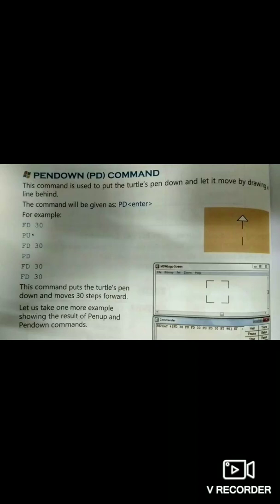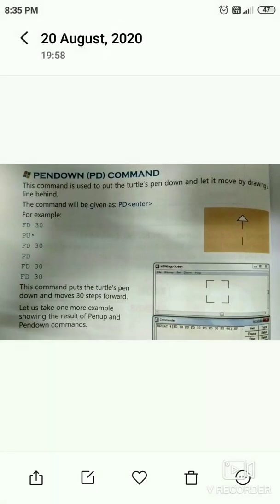So as usual, for example, FD30, pen up, then FD30, pen down, and then FD30. What will happen? First you have pen up and then move 30, and then pen down and draw again 30. This command puts the turtle's pen down and moves 30 steps forward.